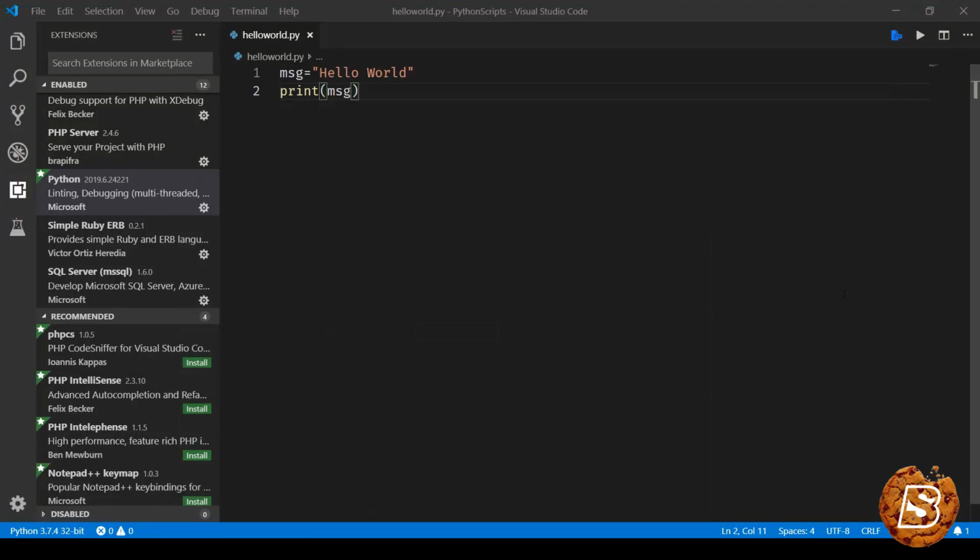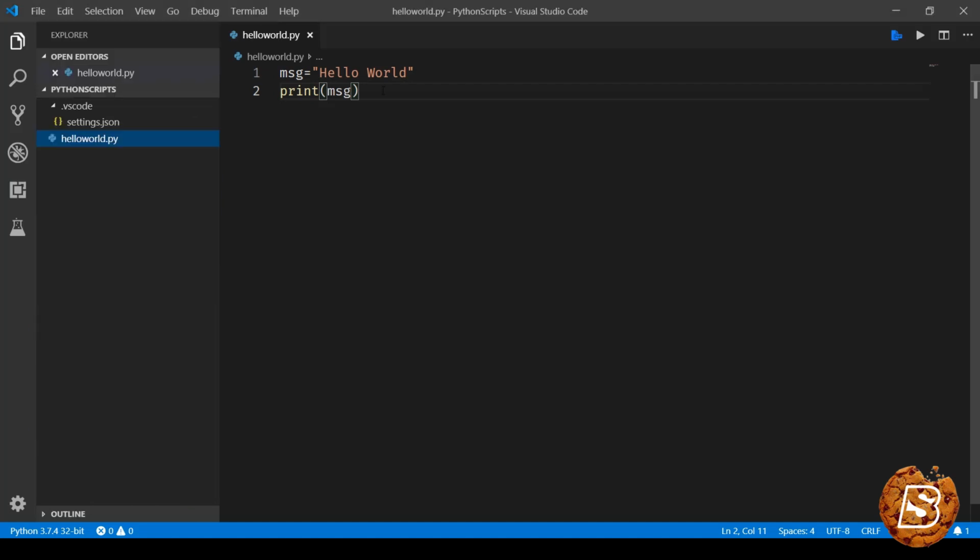Now that we are through with that, I would like to take you through the basics of Python and how it is different from conventional programming languages like C++, Java, and all. Now over here you can see that we have created a variable, hello world. We have not defined its data type, but here it is assuming that it is going to be of type